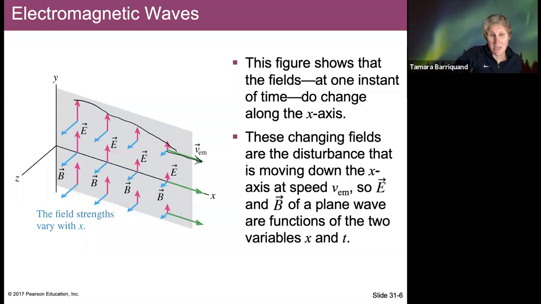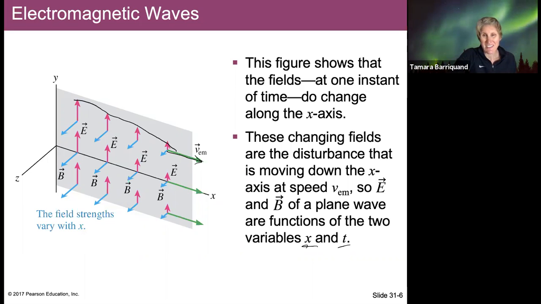So E and B of a plane wave are functions of the two variables x and t. It's moving along x, and it's varying with the velocity v sub em, which we know is dx/dt. So it's changing in time, and it's changing in x in one dimension. We're just looking at these in one dimension. So if these are planar waves that vary in one dimension, let's see if that works with all of our